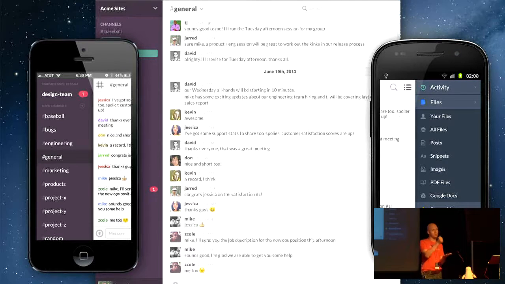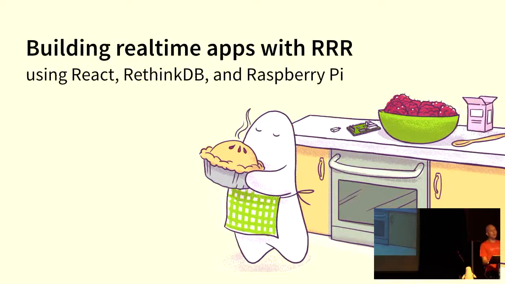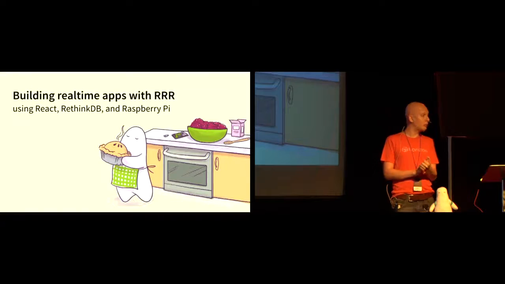It doesn't matter whether you're on your phone or your desktop or your tablet, it travels with you, and real-time updates keep coming in at you. You have channels and messages you can send to each other, but it kind of feels like you're collaborating in real time. And that feeling, that user experience is so potent that a lot of people really want these kinds of apps. And so that brings me to talking about building a real-time app like this with Raspberry Pis, RethinkDB,